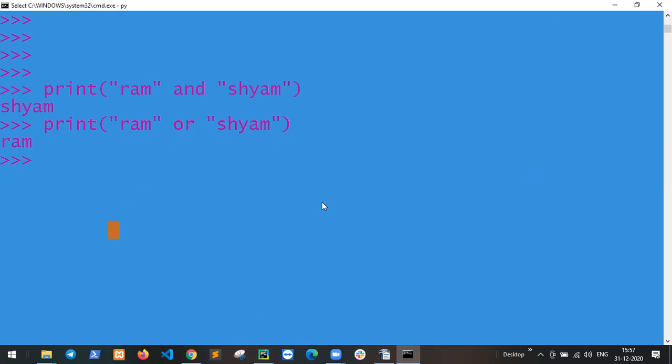And if you want an empty string, Sham or empty string, the result is Ram. And the and with an empty string gives the empty string. Got it? Yes, sir.